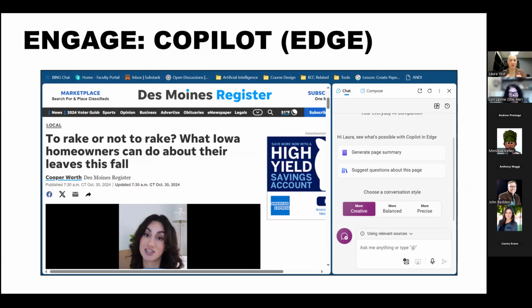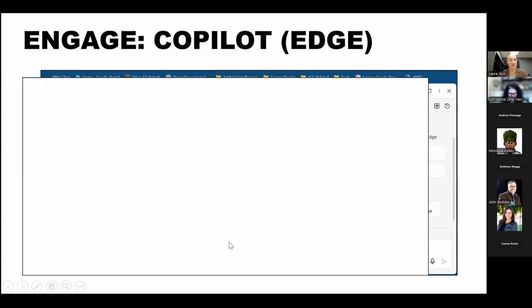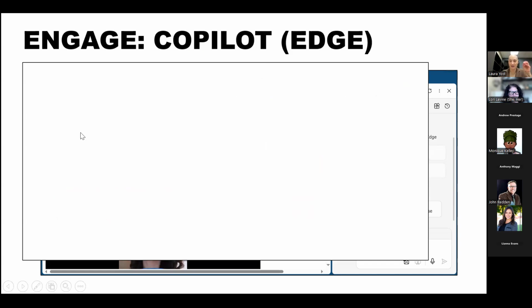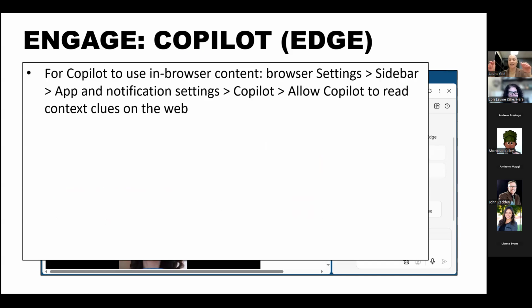If we switch to another very mainstream tool, Copilot, this is from Microsoft, and it is available in Edge. What I'm showing you here is what you can do if you change some of the settings within the platform so it can analyze anything that it can call up in the browser. And I think that's what makes this particular tool very robust. So if you go into settings and you ask the system to update the toggles in relationship to Copilot, if you toggle on the idea of allowing Copilot to access context clues on the web, what that means then is